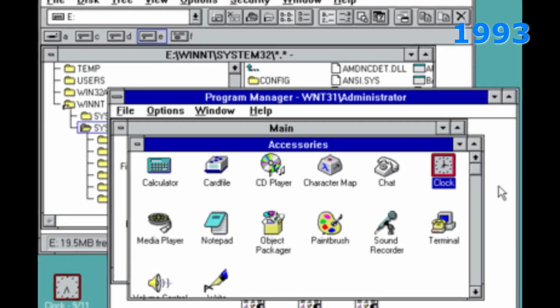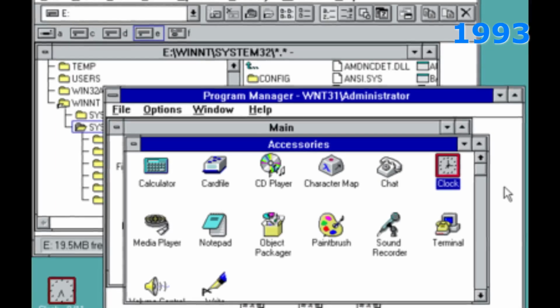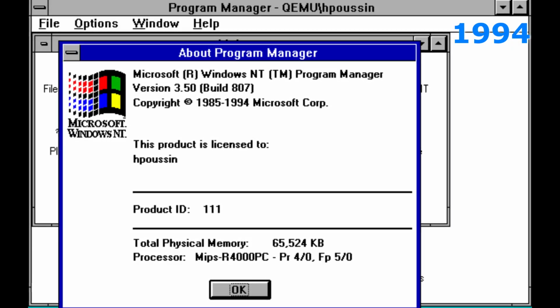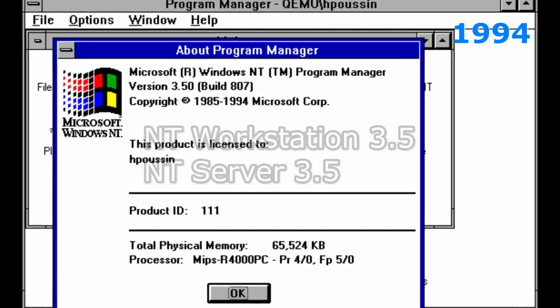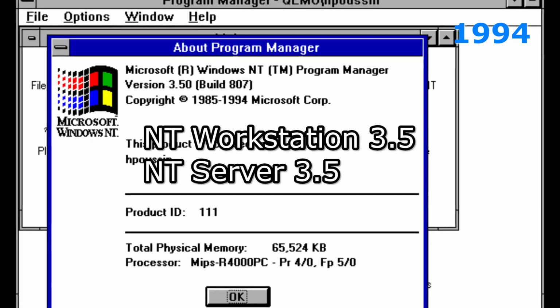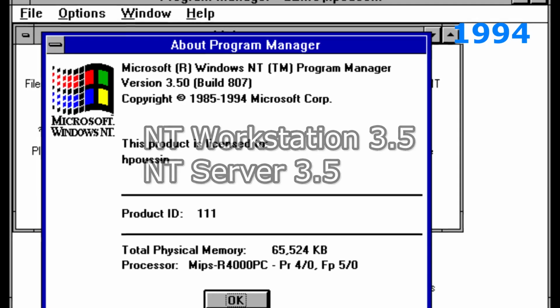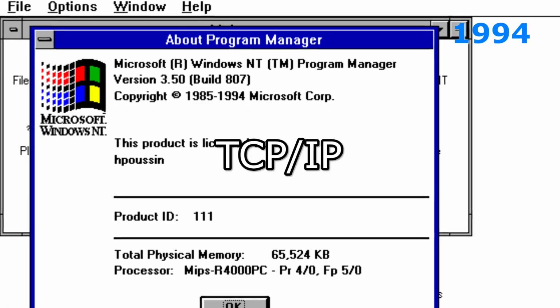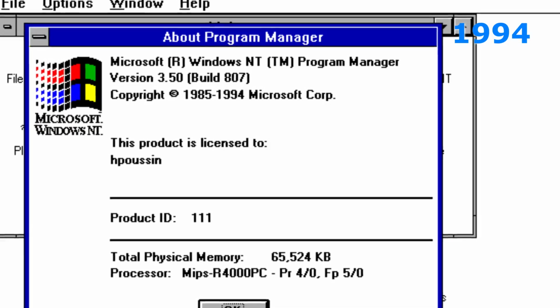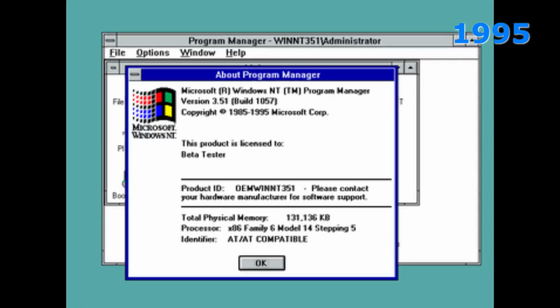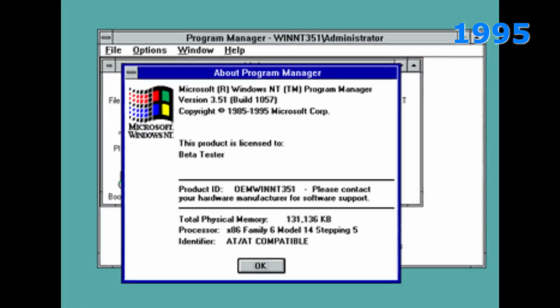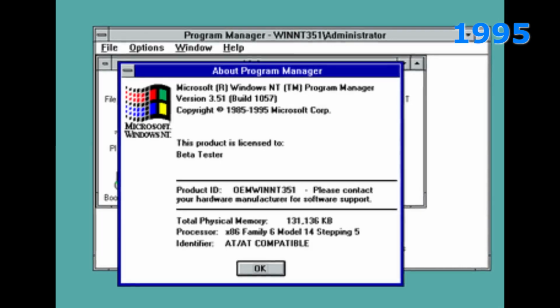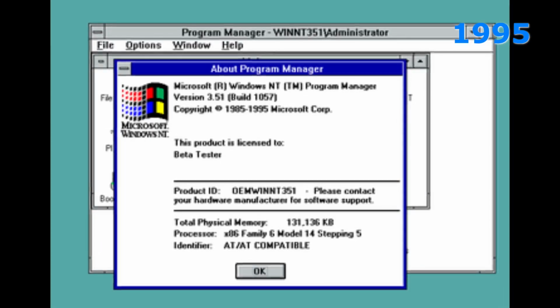Not a lot of software ran natively on 32-bit, and the system requirements were really high, with a whopping 16 megabytes of memory being recommended. A year after, in September, Windows NT 3.5 was released. This came in two variants, as a general workspace edition and as a server OS. They were aiming to improve the performance over the previous one, and networking and new file transfer protocols were implemented. NT 3.51 was then released in May of '95. This was supposed to work together with the consumer editions of Windows I'll get to now.